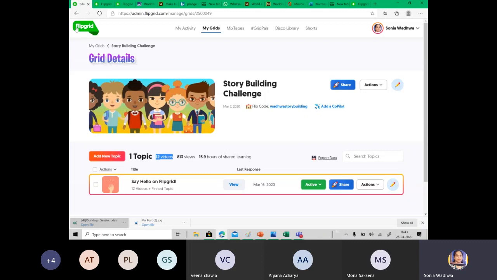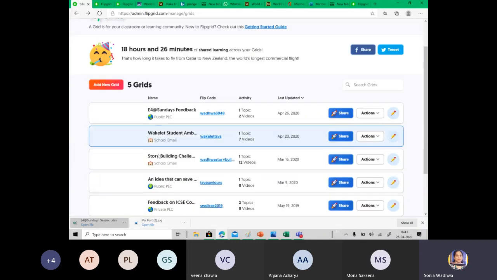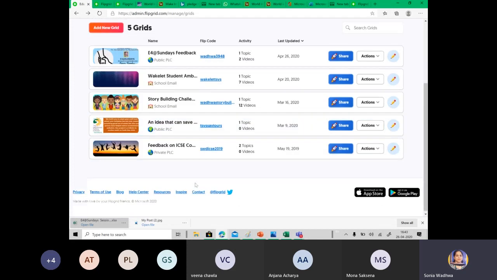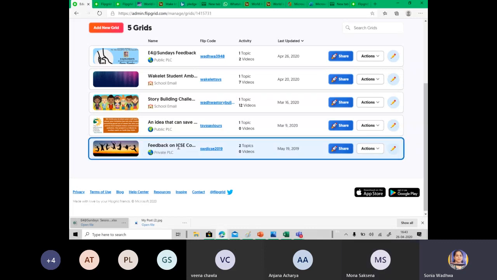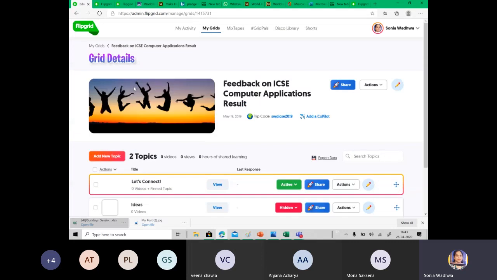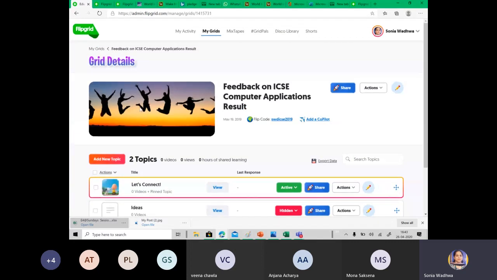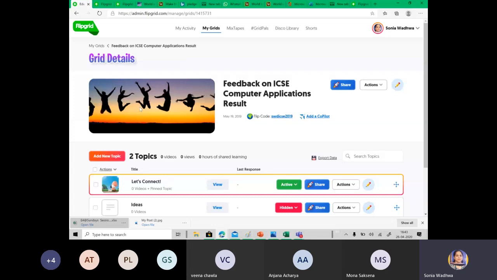So that's how we used it for one purpose. Second, there is an extempore competition, just a minute thing, which can be easily done. When I was ICSE coordinator, I wanted the students to give feedback after pre-board, wherever they still need the help of teachers. So I created a grid on ICSE computer application, shared it with students, and asked them to speak up their opinion on the topics where they still need help.